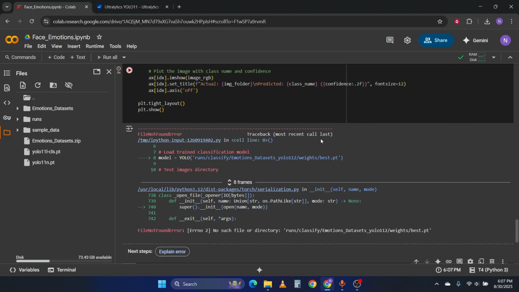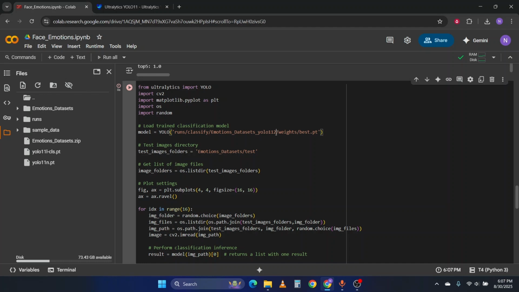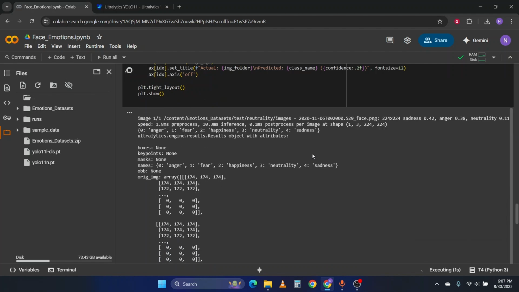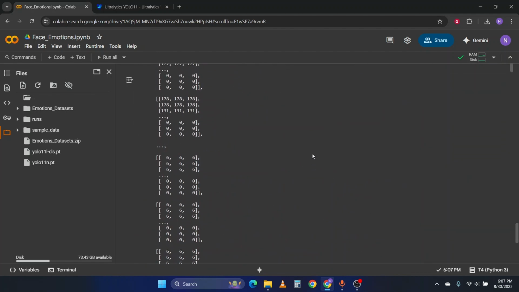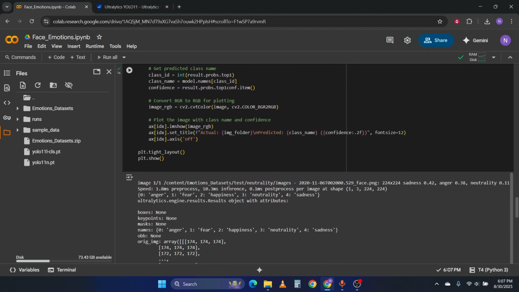No such directory. What's the problem? Oh, sorry, not 2. It should be 11 only. Now let me run this. See this, first important thing. What happened first? model.names. See, model.names